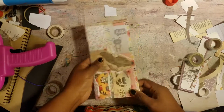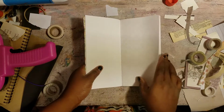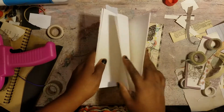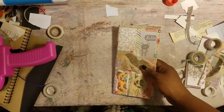Alright, there you have it. So now I have a complete cover. I can just start my journaling. Some of it I won't be able to share with you because it will be personal stuff. I would probably share the writing journal stuff with you,